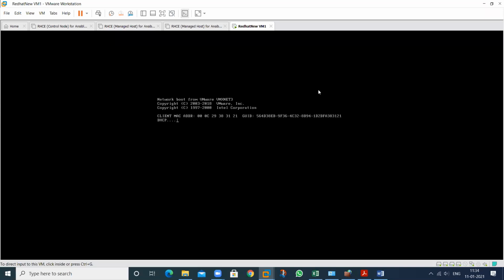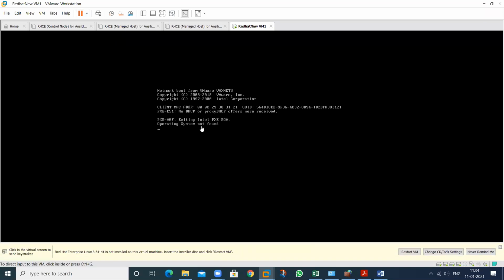So it does not understand which is your bootable device. If you add another hard disk, you have to provide the first booting information. Then my machine can understand which hard disk we should boot from all the time.